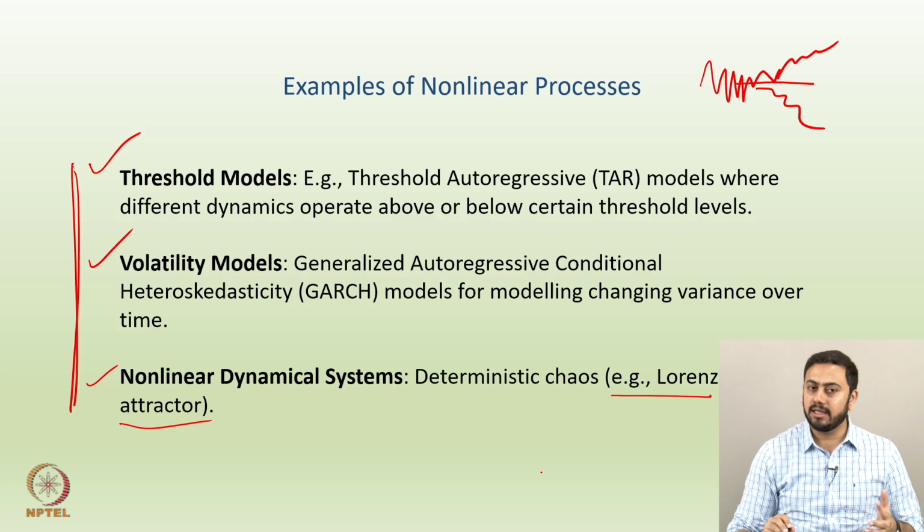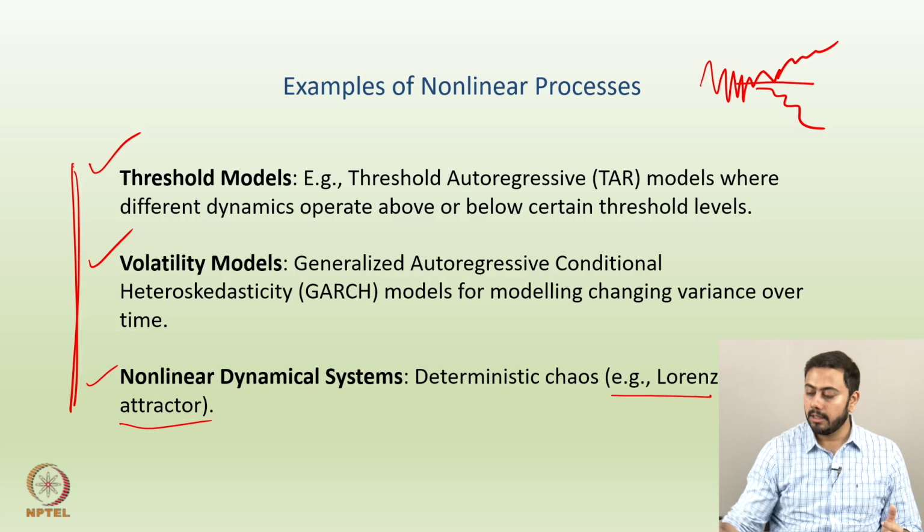But again the idea is that one need not go into details here. So, we will skip the details as to what you mean by Lorenz attractor, etc. But you should understand that there should be some deterministic chaos in the model. So, deterministic chaos means some complex dynamics in the model or some abruptions in the model, etc. Okay. So, these are some of the examples when it comes to extending a linear time series process or a linear structure to a non-linear time series process.